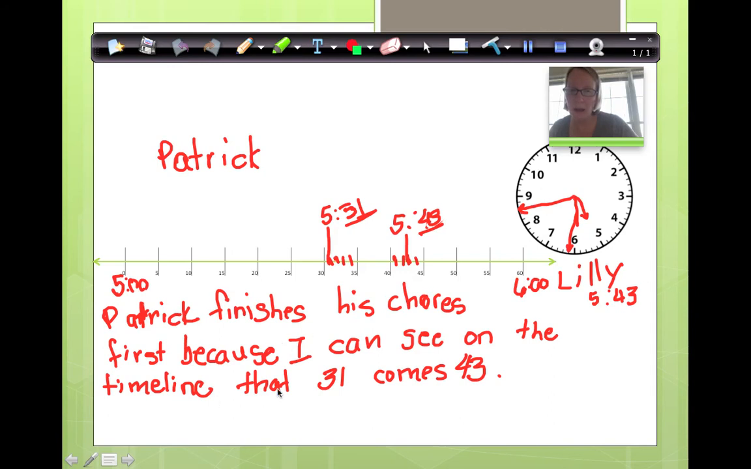This tells us the answer. It tells why we think it. And this is the kind of answer that I'm going to be looking for. I want to know what you're thinking and how you figured that out. Okay, I'm going to clear this off. And then we're going to turn to the next